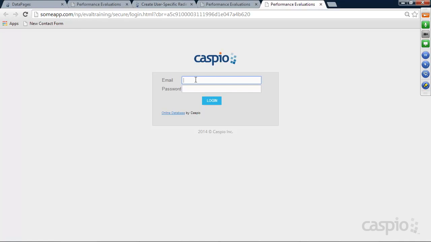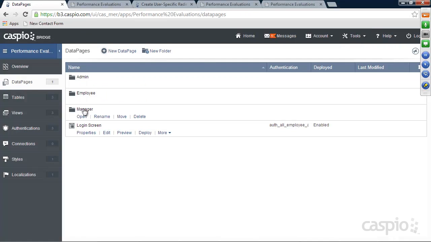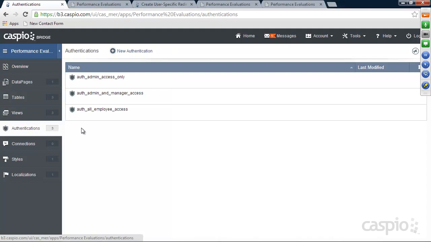And you may be wondering how come this is so close to this. You can add a heading above the email field. That's done in the authentication screen. So let me actually show you that. So if you go back to authentications, and let's say you go to that all employee access, and if you click on edit,